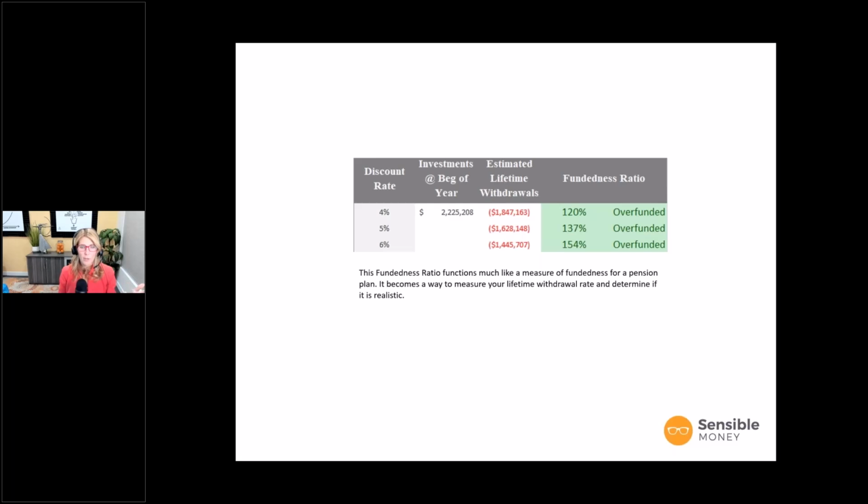If you are a fairly well-off person and you know that if a health situation came up, you would throw everything in the kitchen sink and try every alternative treatment you could think of, then maybe that is something you want to set aside more reserves for and say, well, if this happened, I know I would set aside this amount of reserves, and you can test for that situation. That's how you would test for it: to say, if I drop in this extra expense and it happens in year 3 of retirement, does my plan still work?